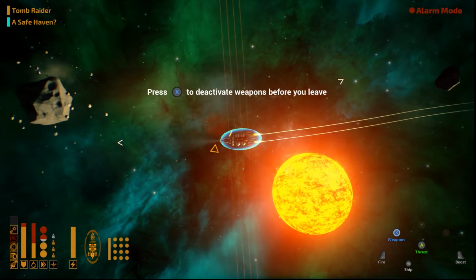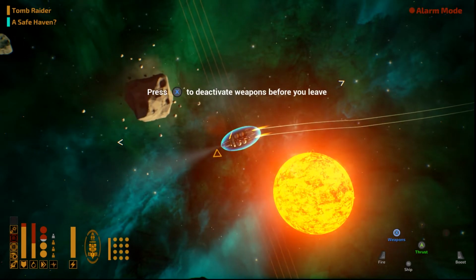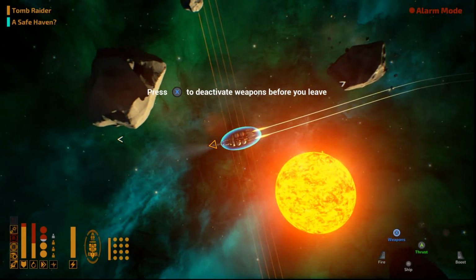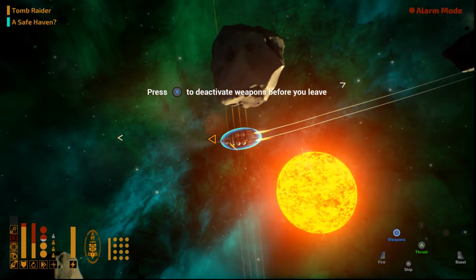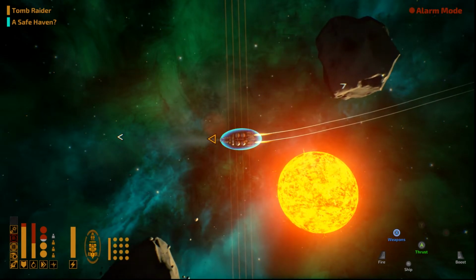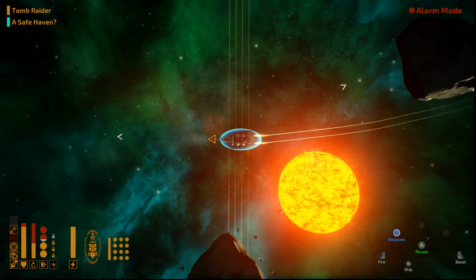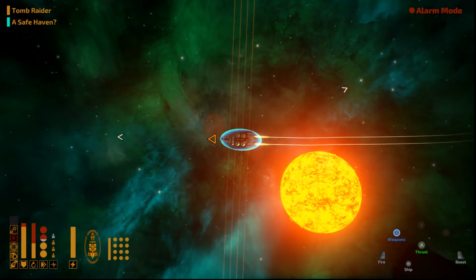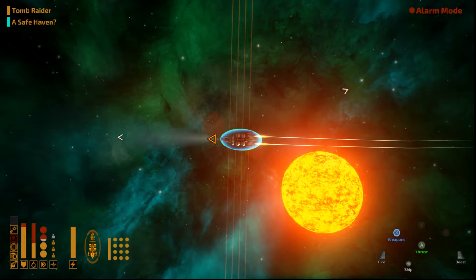Are we leaving the asteroid field for this? Geez, this is a long ways away. You know what? Maybe they should have a distance indicator for these things. Like, this is 500 meters away. This is 3,000 meters away, so that you know which one's closer, because you just have the white arrows. I mean, the number of things that this game needs...